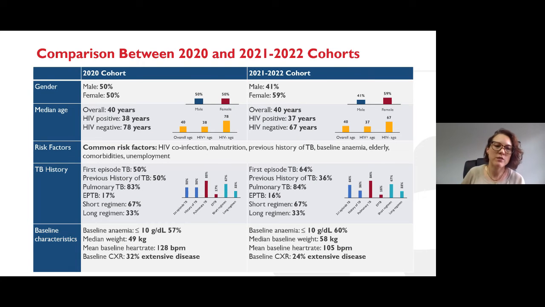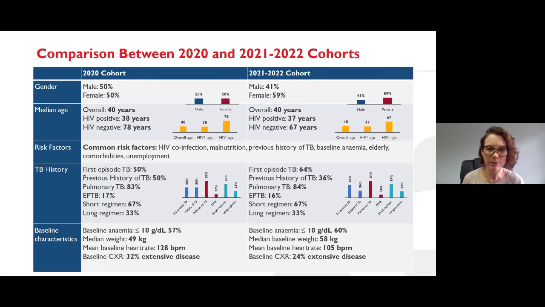So what we've presented so far is looking at those that were in that 2020 cohort, those first 30 files. But I just wanted to share a bit of a comparison between the 2020 files we looked at and the 58 files we looked at from 2021 to 2022. So if we start off with gender, again, we found not quite an exact even split, but a fairly even split between males and females. When it came to median age, it was 40 years exactly in both